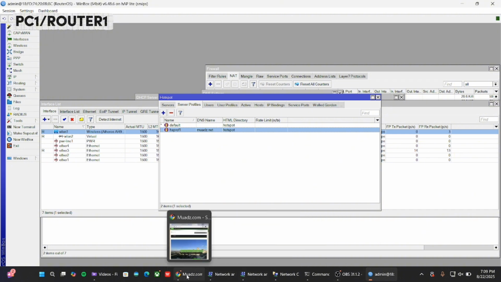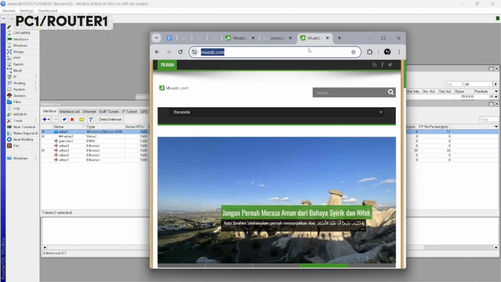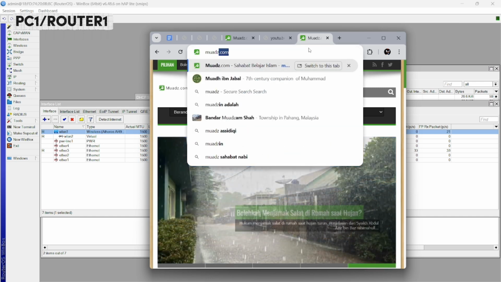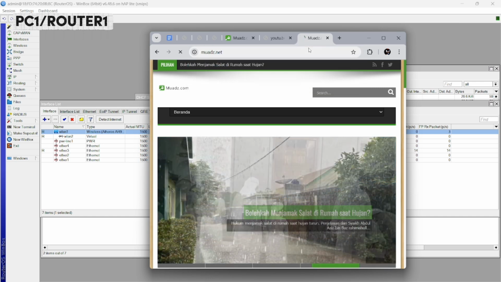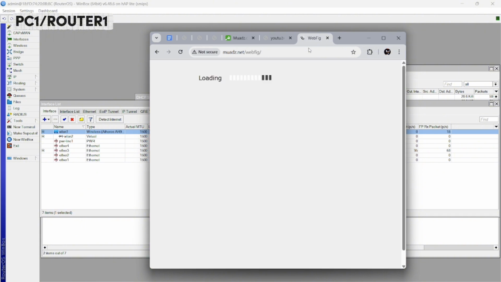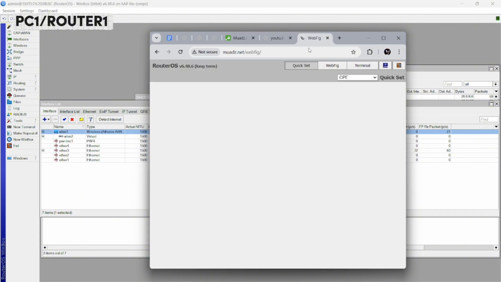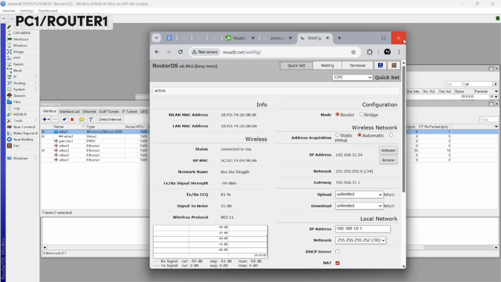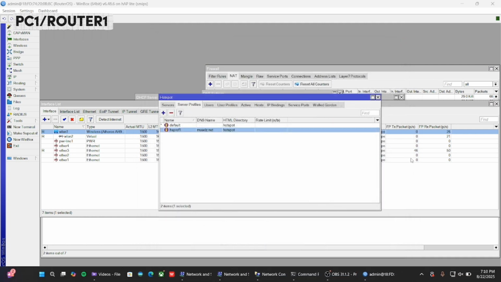Now open Chrome again. We search muas.net. Okay, the website is successful. Setting PC1 is already done.